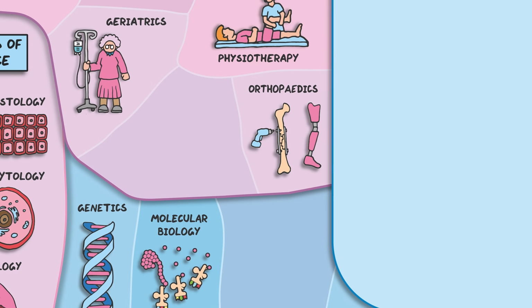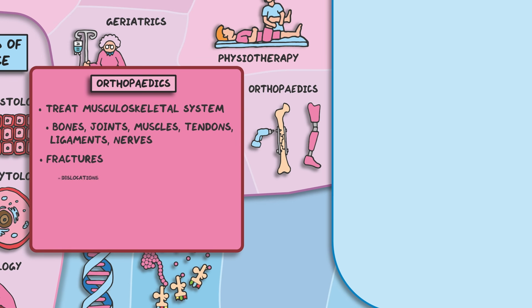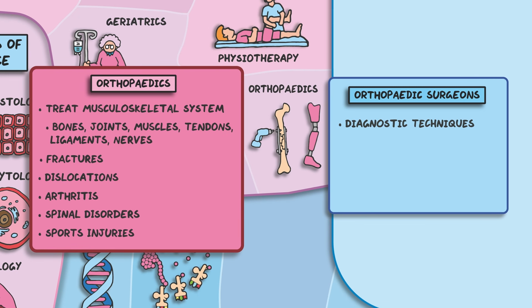This brings us to orthopedics, which focuses on the diagnosis, treatment, and management of disorders of the musculoskeletal system, which includes bones, joints, muscles, tendons, ligaments, and nerves, and looks at conditions such as fractures, dislocations, arthritis, spinal disorders, and sports injuries. Orthopedic surgeons use X-rays, MRI, and CT scans to evaluate problems, and treatments can involve surgery, medication, and